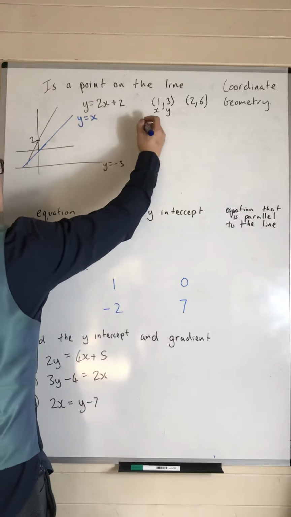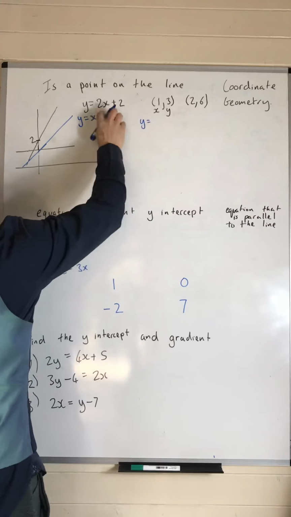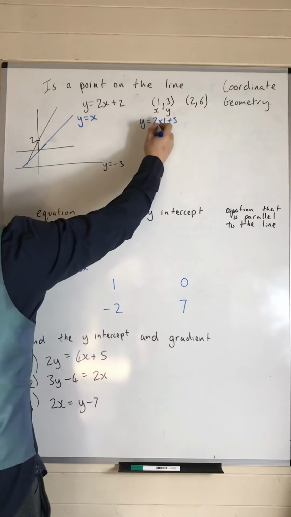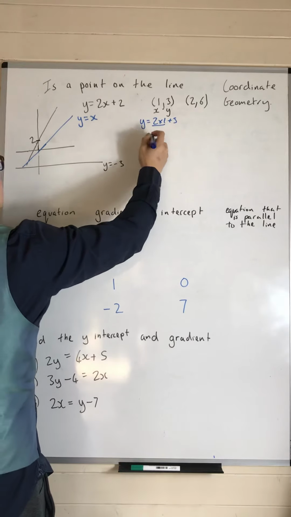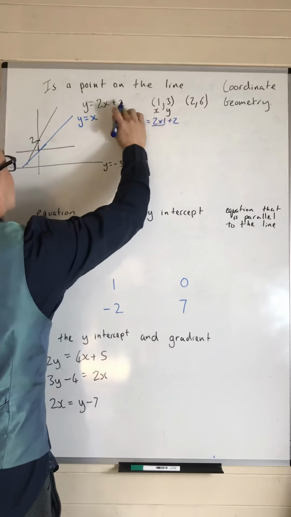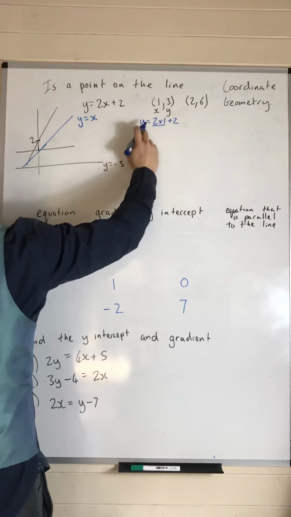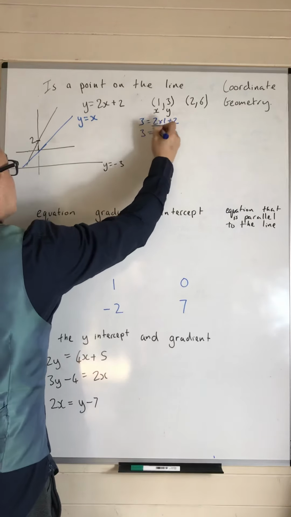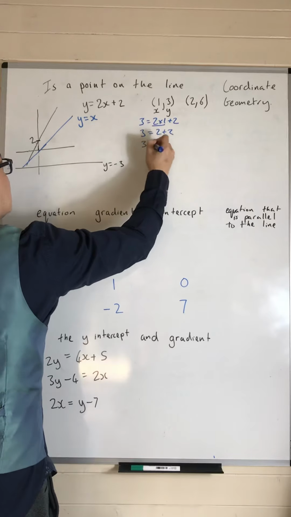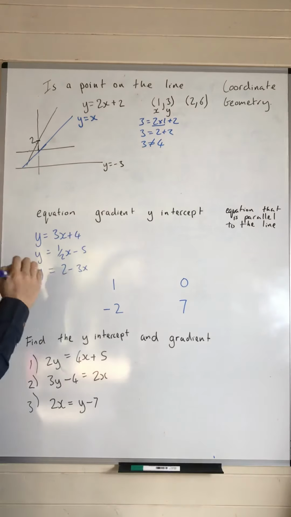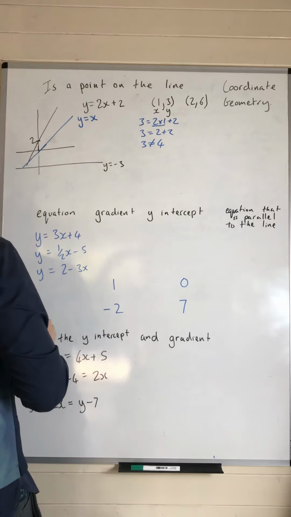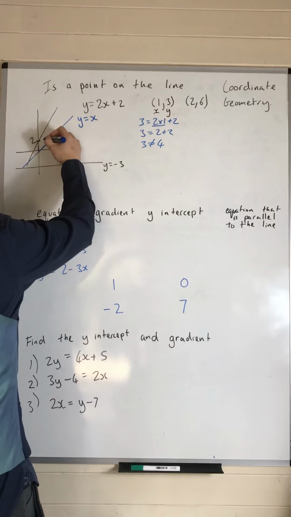So when x equals 1, this becomes y equals 2 times 1 plus 2. Remember your BIDMAS rules. Now we know y is 3. So does this equation work? 3 equals 2 plus 2. Well, 3 does not equal 4, so that does not lie on the line. And you could see that (1, 3) would be somewhere here,